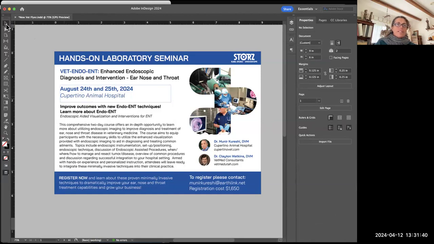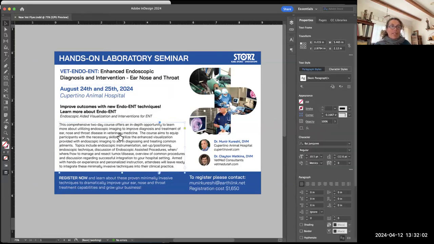It's like, would everyone know what that is? Because see how there's no address for Cupertino Animal Hospital? I'm like, is it so well known that everyone knows where to go, or do the people need to go and register? Or once they register, they get told where to go. But what if they don't know if Cupertino is in Arkansas? I'm thinking that that's missing here, and I saw it at the beginning, but I still think this is